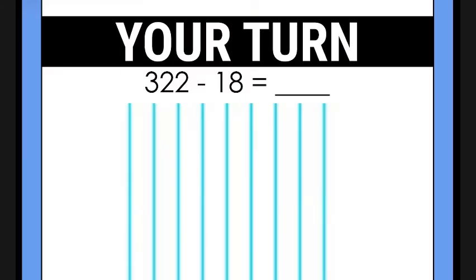Now I want you to practice some problems with me. So go ahead and grab a piece of paper. If it's notebook paper, turn it sideways. And let's try together 322 minus 18 using the algorithm. So first, let's set up our problem. Let's set up 322